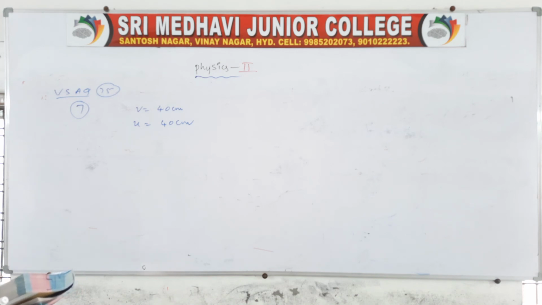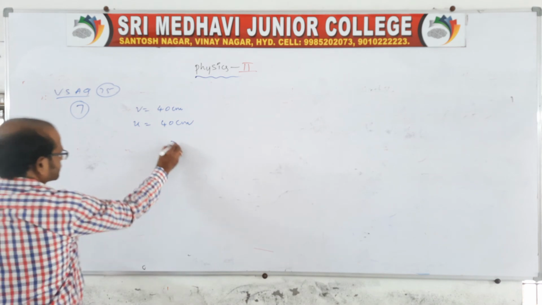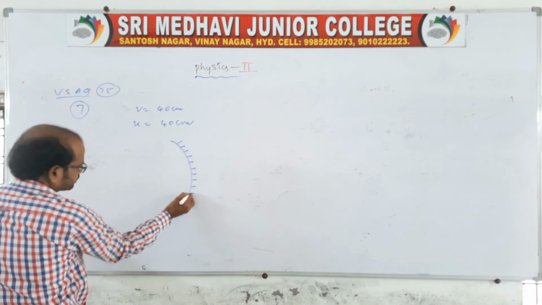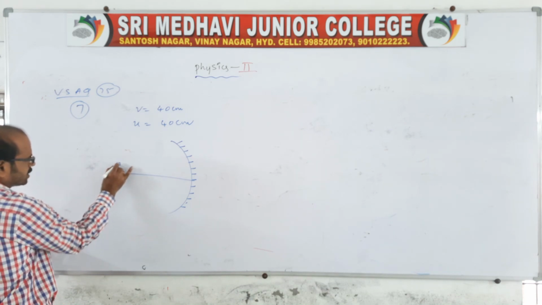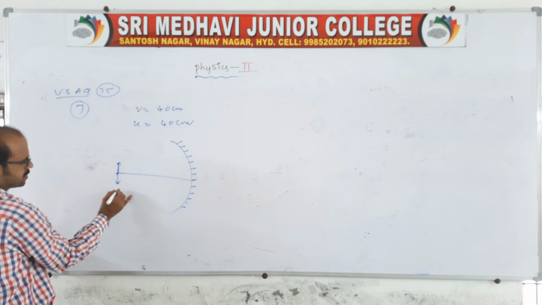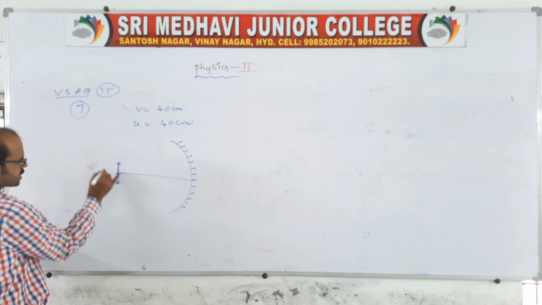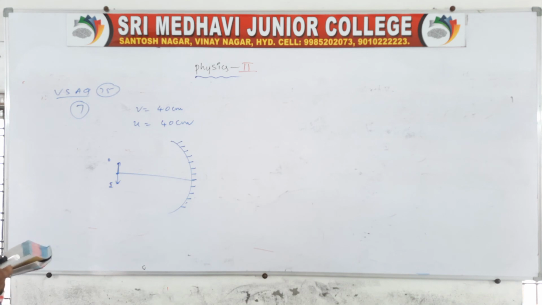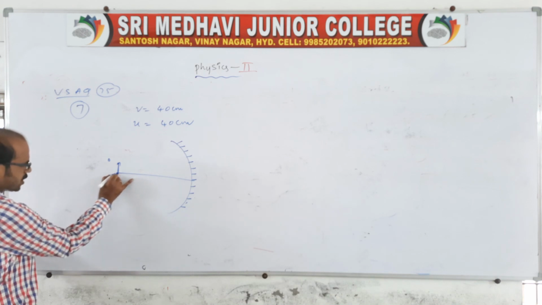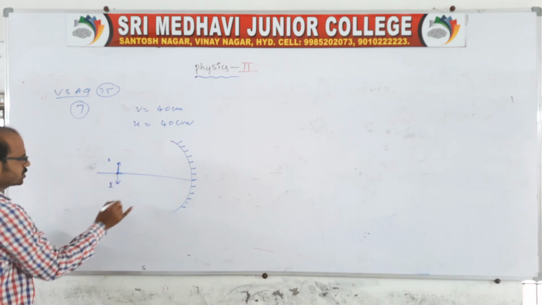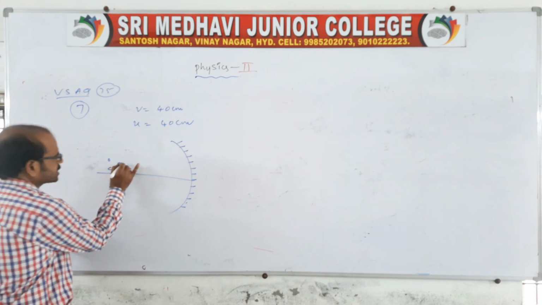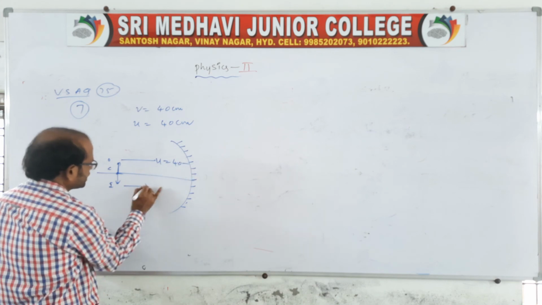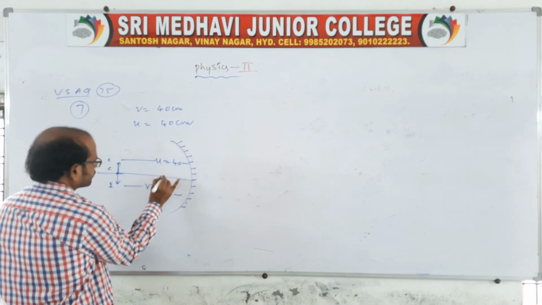So again I'll read the question. A concave mirror produces an image. Which mirror? You take a concave mirror. The image and object distances are at the same place, it is given very clearly in the question. So this is the image and this is the object. It is placed 40 centimeter from the mirror at the position of the object only. Both image and object are at the same position. When do we get both? When it is at the center of curvature. So object distance is 40 and image distance is also 40. It is asking to find the focal length.